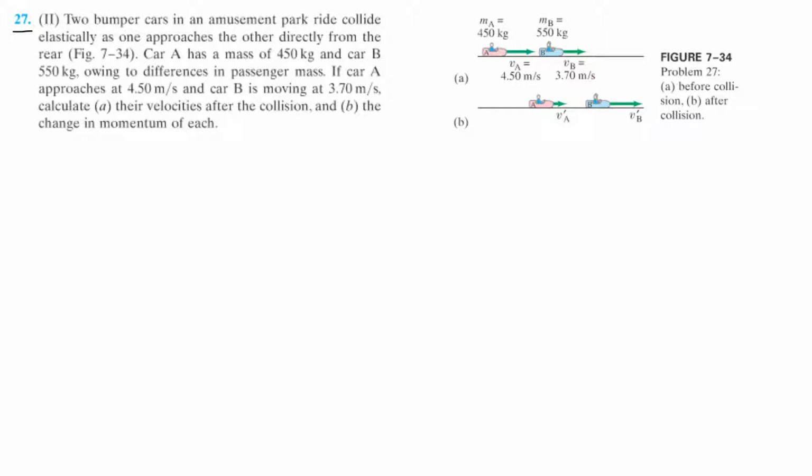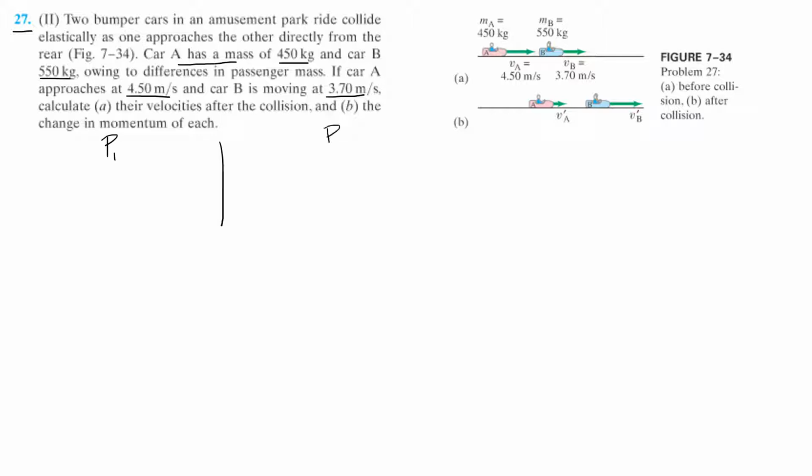A car A has a mass of 450 kilograms, while car B is 550. They have different passengers. If car A approaches at 4.5 meters per second and B is at 3.7, calculate their velocities after a collision. They do have a nifty little diagram here, but I like making my own where I set up